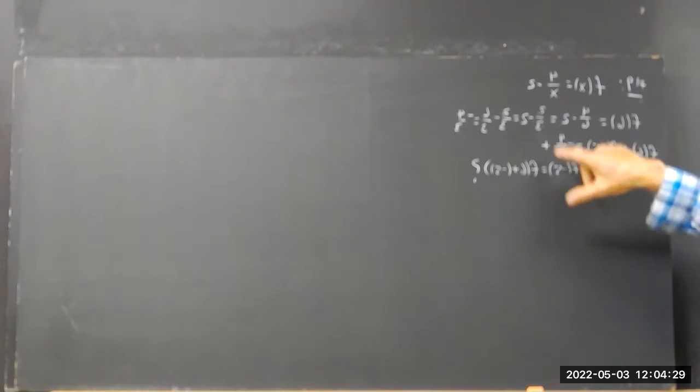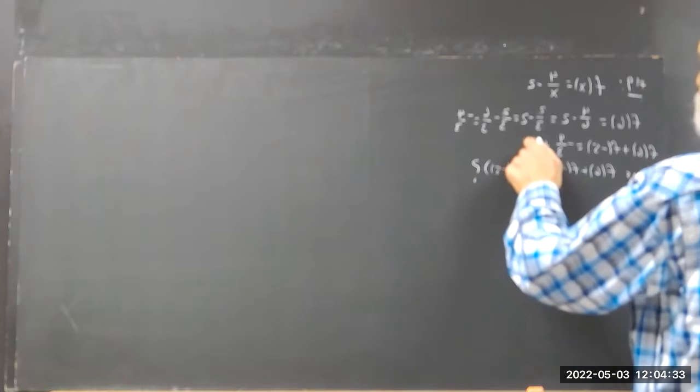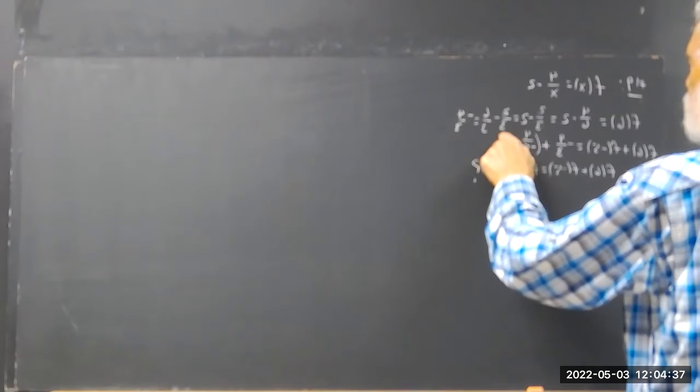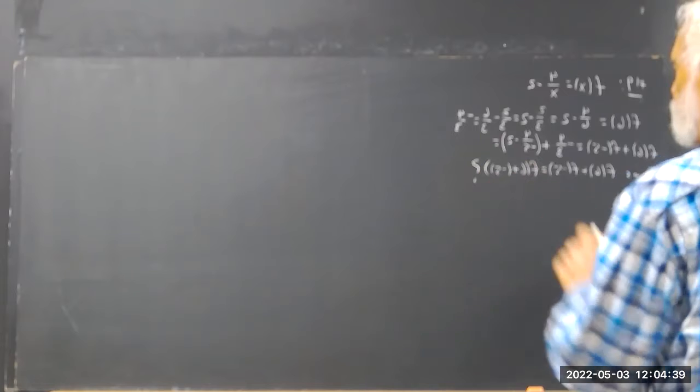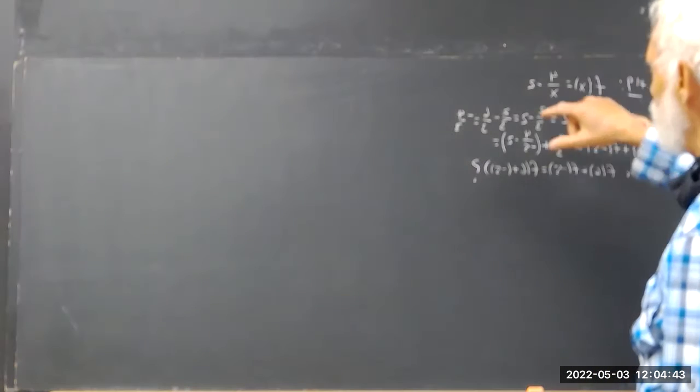I've already calculated f of 6. f of negative 5 would be 4 over negative 5 minus 2, and if you simplify, that's going to be negative 4/5